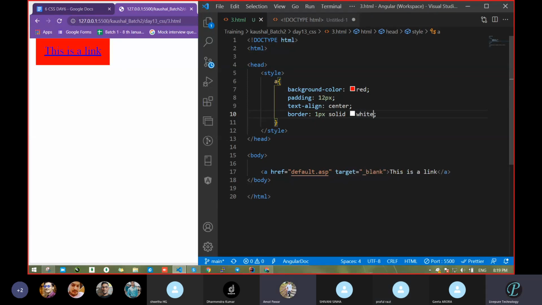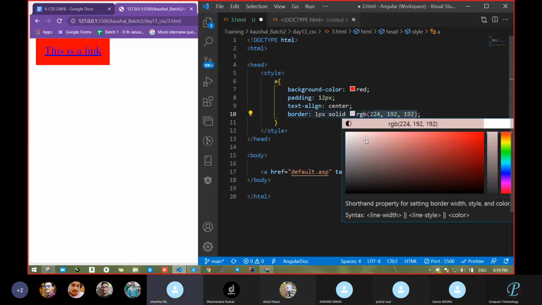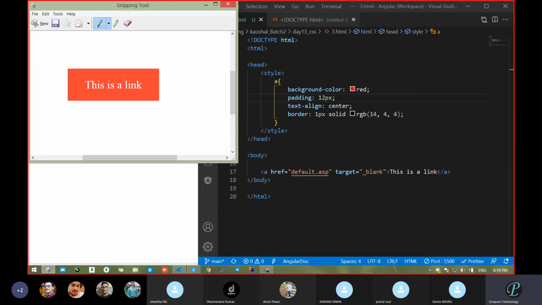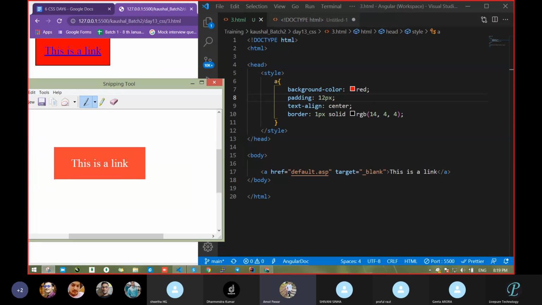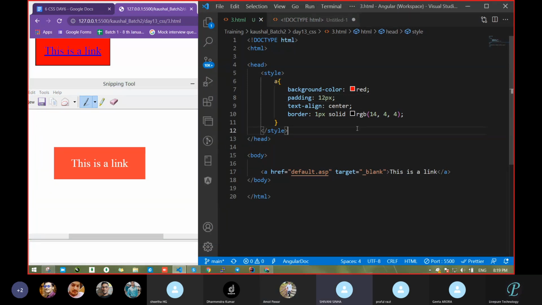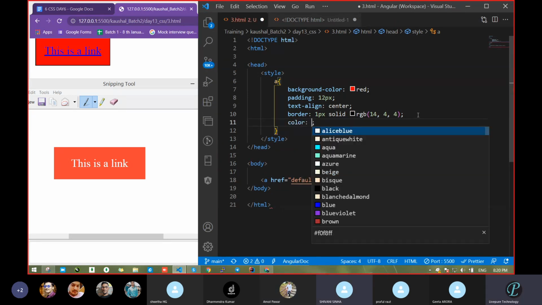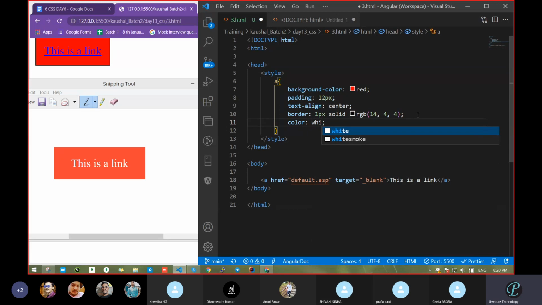Sir, white, we take it already. White is good, sir. Text color is white, sir. Which color? Text color is white, black. In the UI it shows, wait 1 second, I can show you. I have taken black, this is the UI. Okay, pass. Keep it colored like this. Take color white. Next.